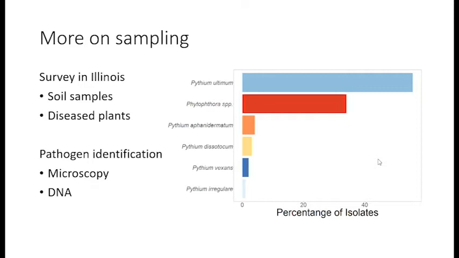What we find the most in Illinois is Pythium ultimum, one of those Pythium water molds that are causing the seedling diseases on soybeans, right? Followed by Phytophthora, and then a few other Pythium species. Those are the more common, right? To do this, we do microscopy, we do DNA analysis